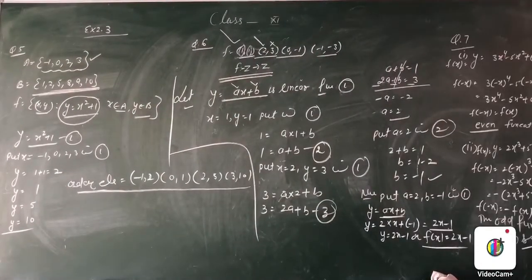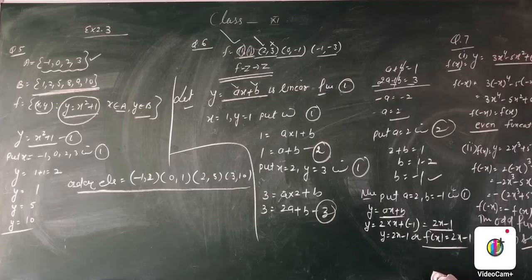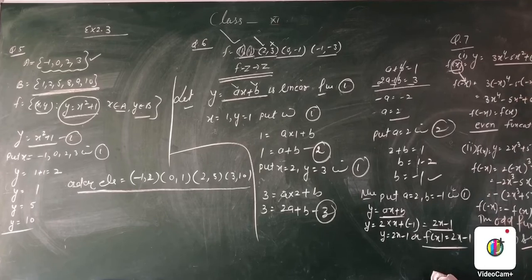Question 7: we have the given function y = 3x^4 - 5x^2 + 6. These are four questions, and we tell whether these functions are even or odd. Now we determine even and odd functions. f(x) is equal to the given function. We replace x by -x. x के स्थान पर हम माइनस x पुट करेंगे. अगर माइनस x पुट करने से फंक्शन की वैल्यू सेम एज इट इज, जैसे पहले है वैसे रहे, तो इवन फंक्शन. मैंने बताया था कि अगर चेंज होती है तो it is the odd function.